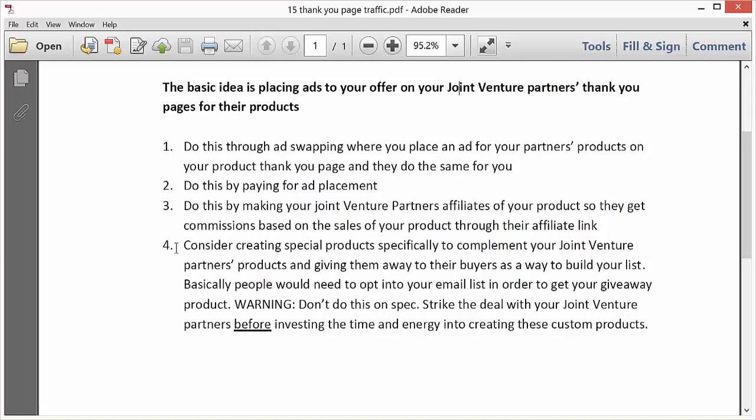So this is a kind of a variation on the idea where you're actually giving away a product. And in this case, since there wouldn't be any commissions, because you'd be doing it as a giveaway, you'd probably be doing this as an ad swapping, or you'd be doing this as paying for the ad placement. But basically, you're looking at your joint venture partner's product and you're finding something that you could create that would be a complement to their product that you could give away. In this case, you're doing it as a giveaway product, but